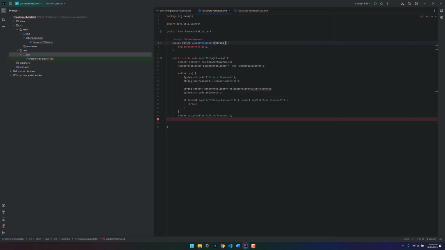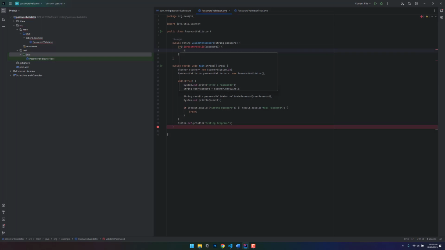So since we're gonna pass that input, we can call this password, that is the user input password, and we're gonna pass that password here as well. So if the password is not valid, what we have to do is return this particular string, which is going to be called invalid password. If we return this, oh, we have a spelling mistake here. Oh, invalid password, yep. So if the password is not valid, it is going to return an invalid password,